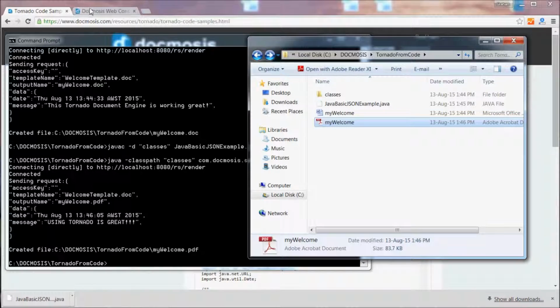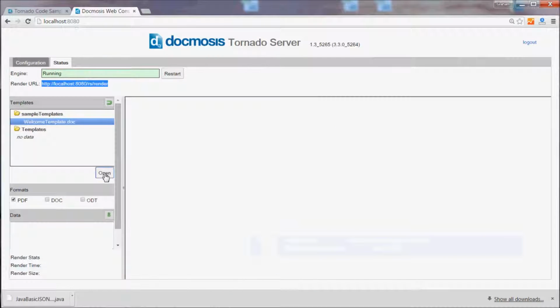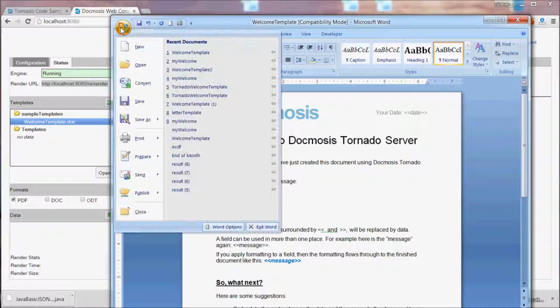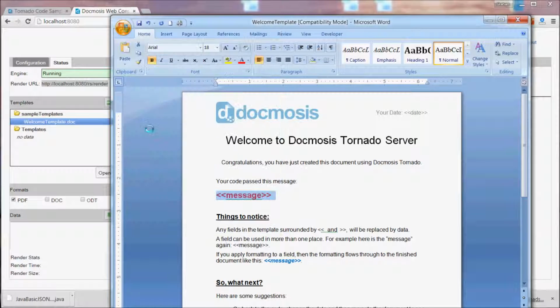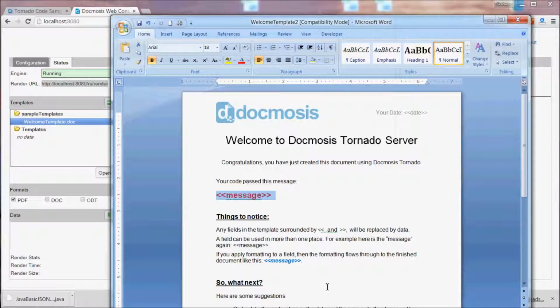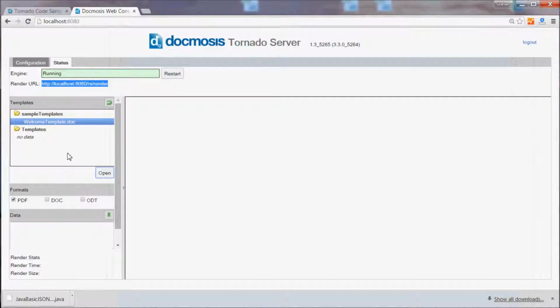Go back to the Tornado server. We can open the template that we're using, make some changes in there, and I'm going to save that in the Tornado templates directory, and I'm going to call it welcome template 2. If we refresh on the Tornado server, we'll see that Tornado has picked up that new template, and from our code,